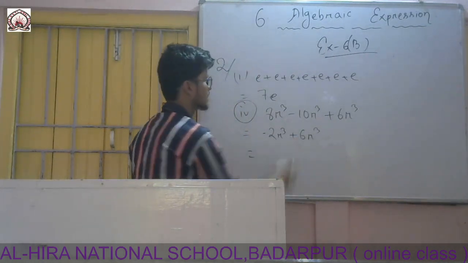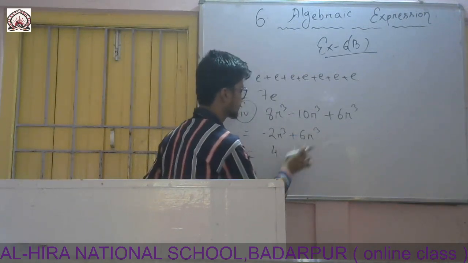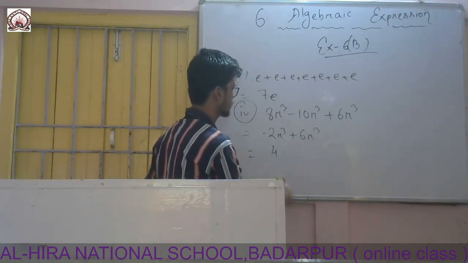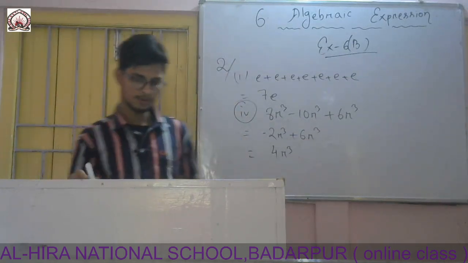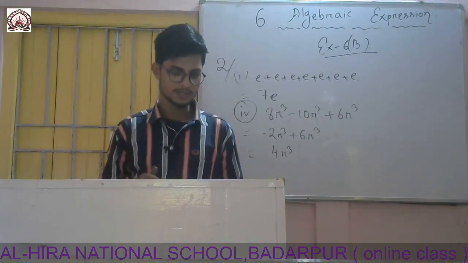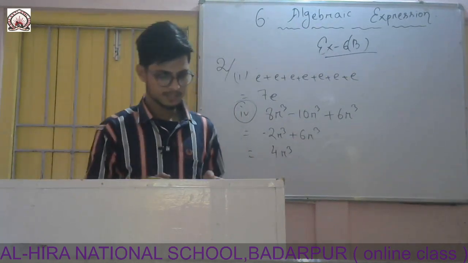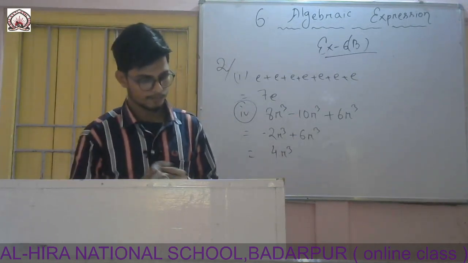So now again minus plus is minus. 6 minus 2 is 4. Which one is greater? 6. 6 has plus sign, so no need to give, and the variable part will be same, 4r cube. Roman number 2 and 3 you try the same. Roman number 2 is same as Roman number 1, and 3 is same as Roman number 4.